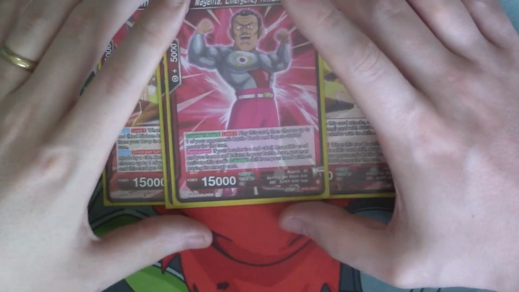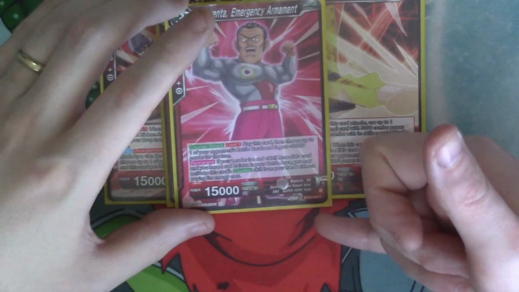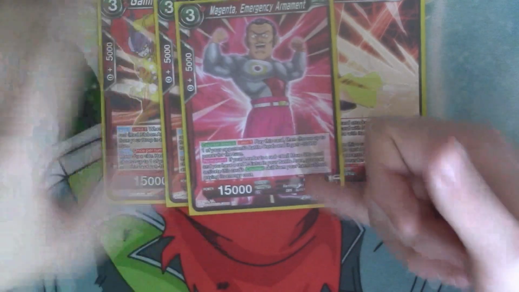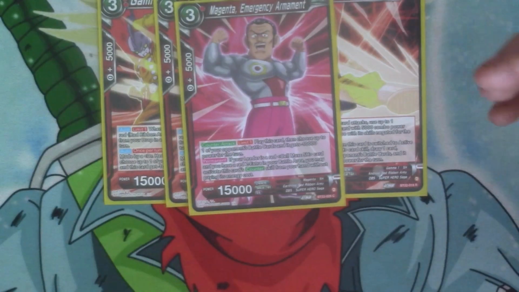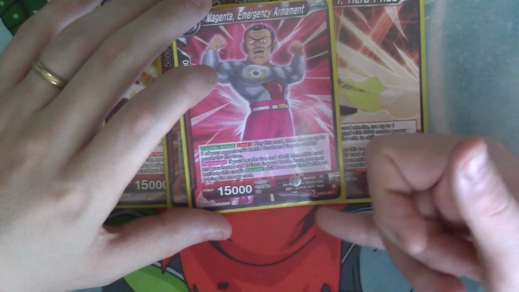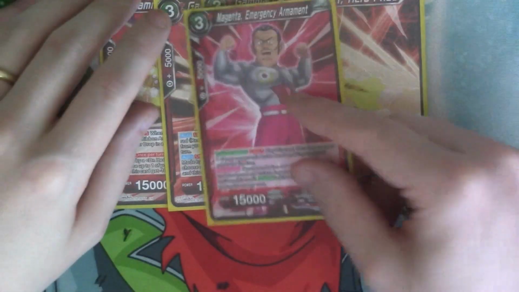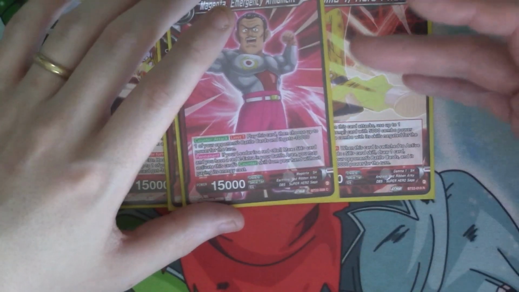And then we got a 3 cost Magenta. It's another negate for the deck. It's also the fact that it counts as Magenta, can be used for that skill to play out Cell Max. So it gives the deck 5 Magenta targets. And then he's also a Red Ribbon Army, so he meets the requirement to be discarded. He's also searchable. Has a lot of utility, but